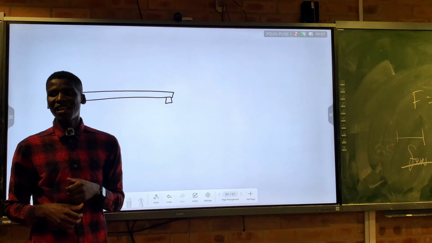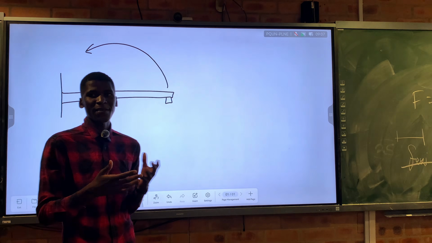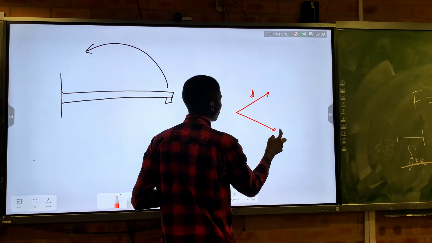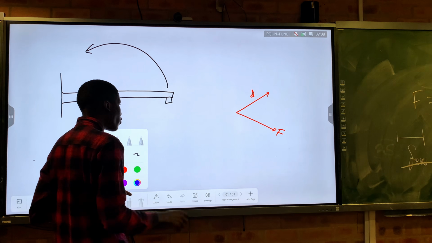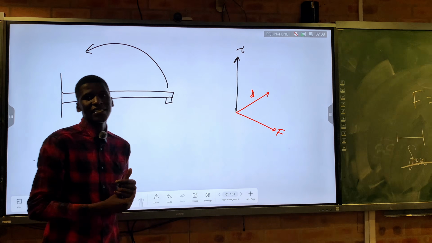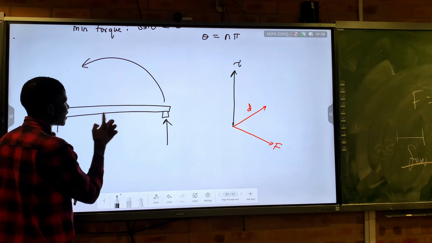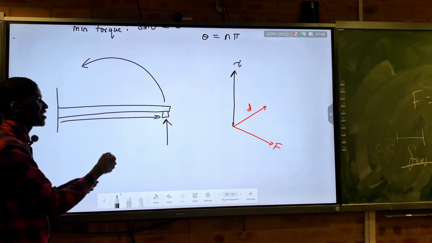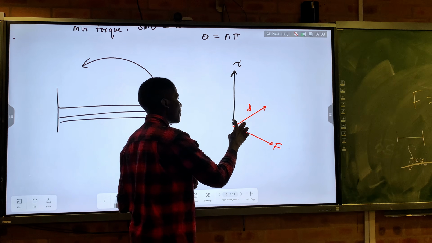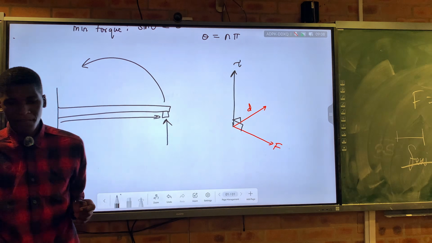A maximum torque, meaning that my door is going to rotate and be able to open that much. So if this is my distance vector and maybe this is my force vector, the torque will be what? It will be a vector that is perpendicular to them, because torque is a vector quantity. So in this case, if I apply a force and then the distance vector, we can just say it's like this or it's like this, it doesn't matter. Basically, this will move in that direction. So the torque vector is always perpendicular to both the distance and the force vector, both of them.